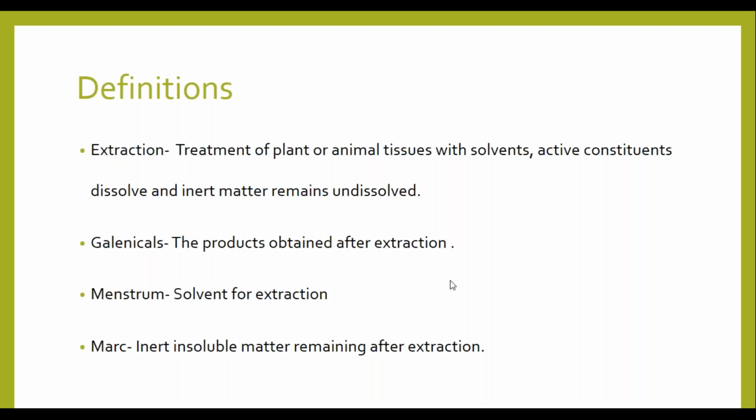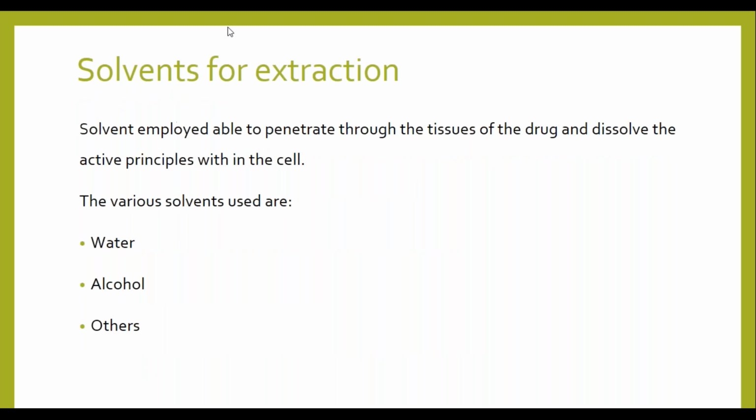Okay, we'll go further. Moving on to the next topic, solvents for extraction. That was a common example. But in pharmacy, whenever we intend to prepare some extract, there are different products known as tinctures. You would have heard these terms: tinctures, decoctions, concentrates. These are the products, or galenicals, that we are interested in. For preparation of these, whatever solvents we use are the solvents for extraction.